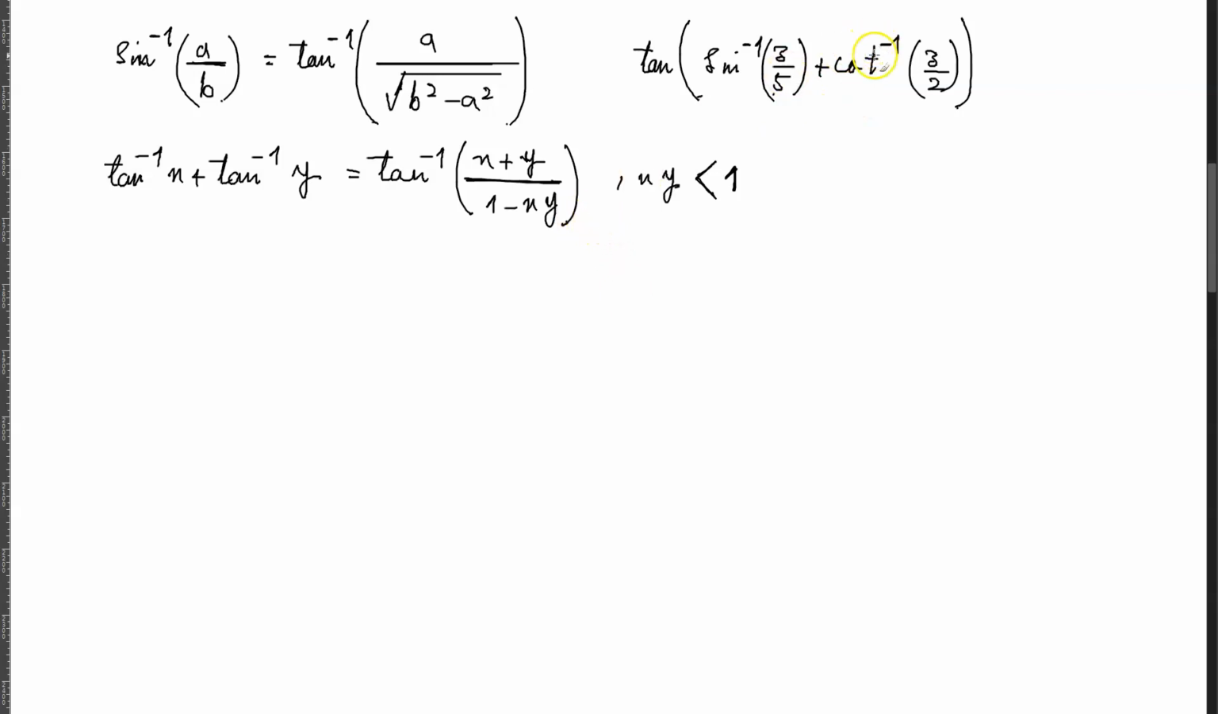Now one interesting thing that they have written here is that the cot inverse of a divided by b is the same thing as the tan inverse of not a divided by b but b divided by a, meaning the reciprocal of the ratio, which is interesting because, as you can see,